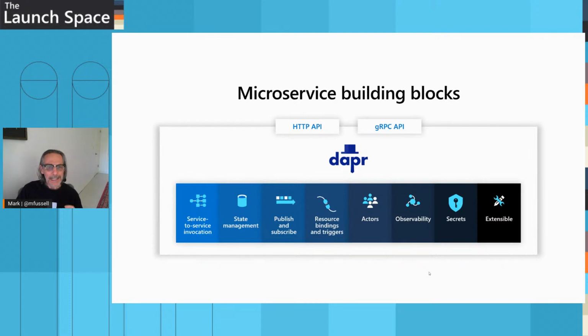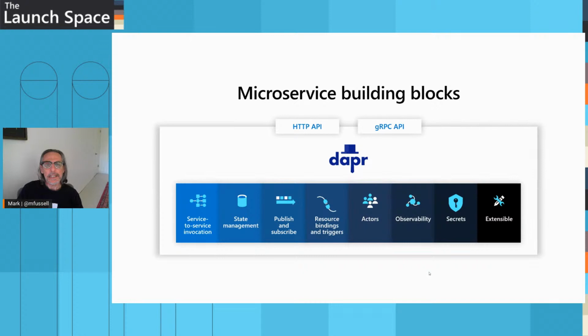But at its essence, Dapr is a set of building blocks that make you like a superpowered developer. And there are things like, how do I call between two services? It's a very common problem I have to do inside of Microsoft space. I've got one app service here. I want to call another one. I have to discover where that service is. I have to do retries. I want to do it securely. All of that is actually a hard piece of code to get done.